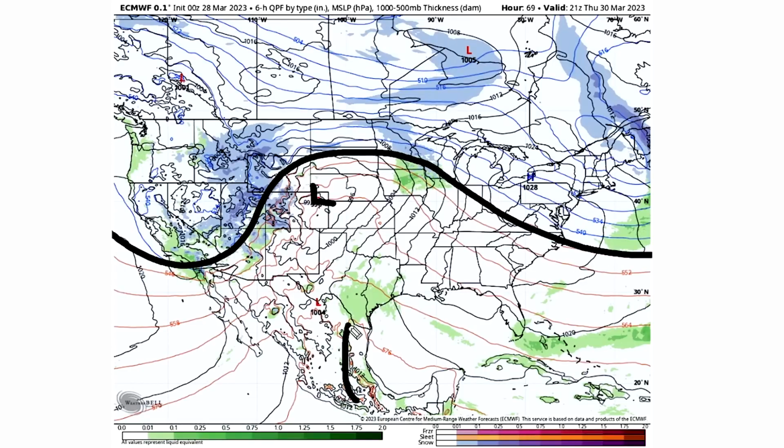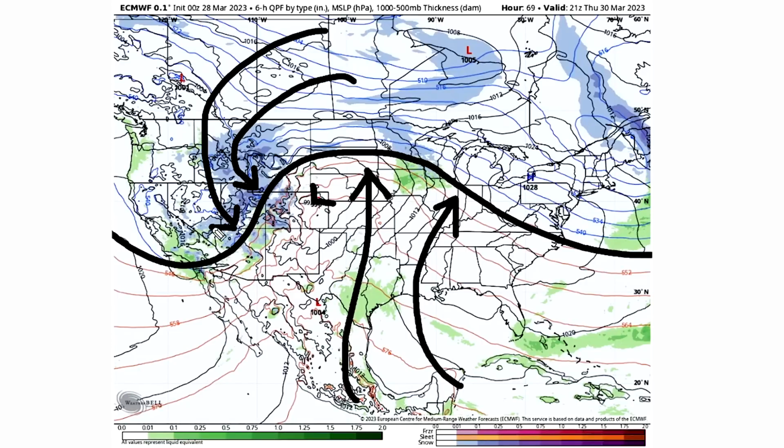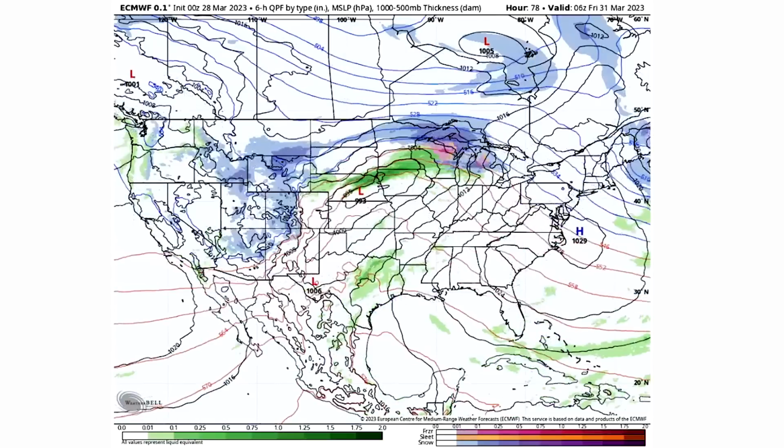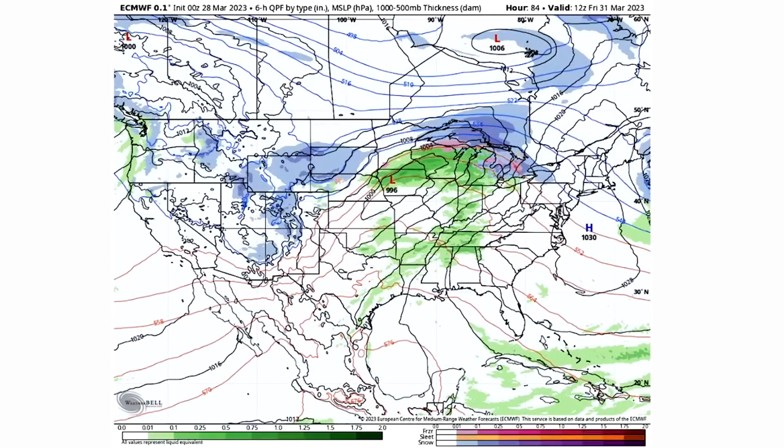We see the warm, humid air rushing through the central Plains, and even as far eastward as the Ohio Valley for some folks. And then we see the cold air really trying to work its way in and push forward. This is going to develop a cold front underneath and a warm front up above, and this will be the setup. We're watching these areas of very humid thunderstorms already developing by Thursday afternoon, but it's really Friday afternoon that